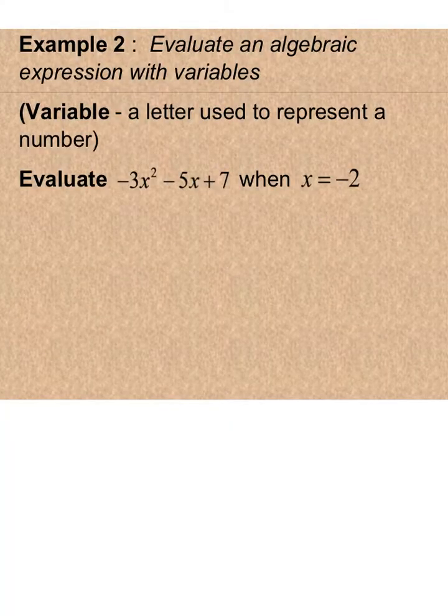Here in example 2, we're evaluating an algebraic expression with variables. Remember, a variable is a letter used to represent a number. If I wanted to evaluate the expression -3x squared minus 5x plus 7 when x is equal to -2, that means I'm going to substitute -2 for x,